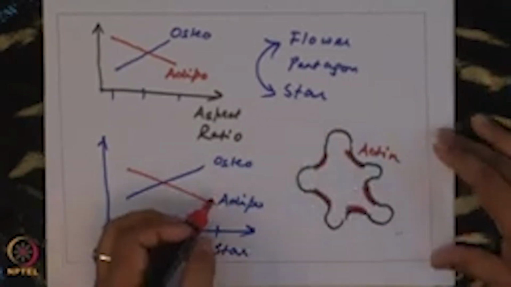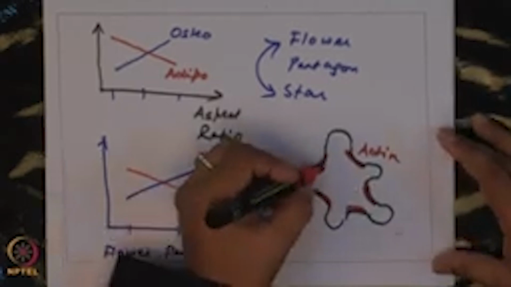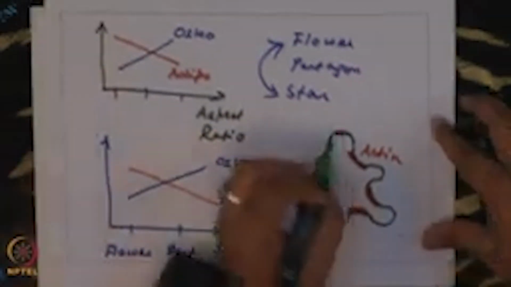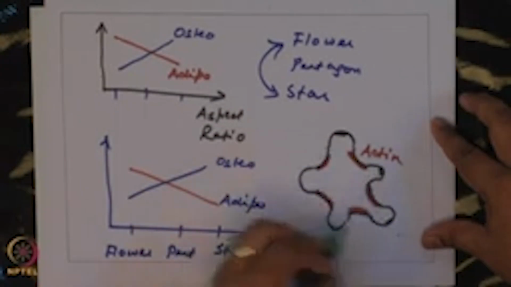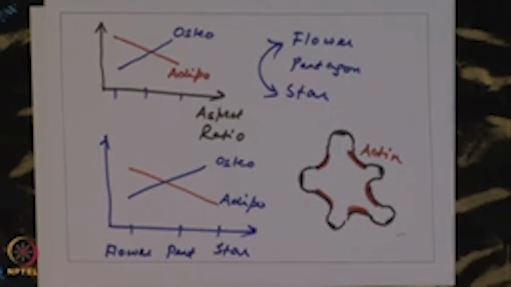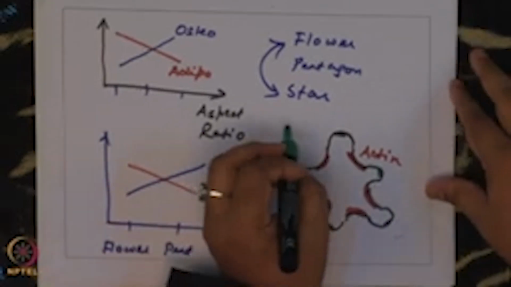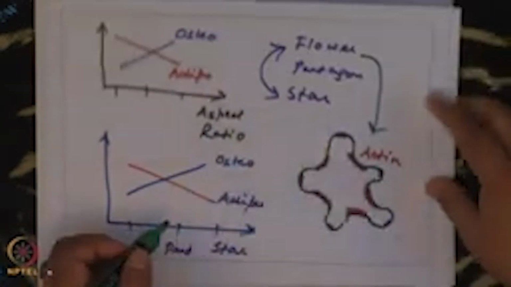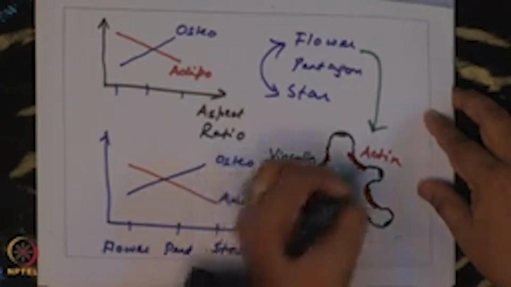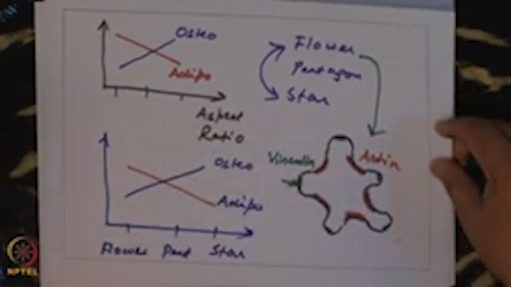But for the star shaped, this was the actin signal and the focal adhesions were towards the periphery. On the flower geometry, this is what they observed. The green is vinculin or focal adhesions and the red is actin. On the star shaped islands,